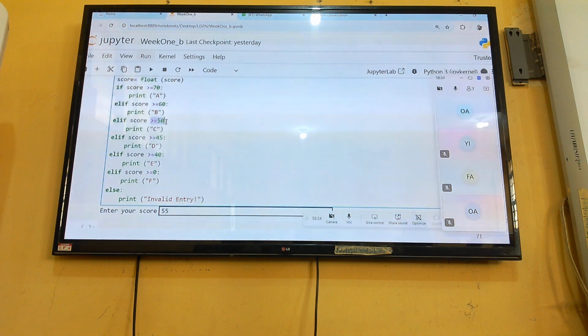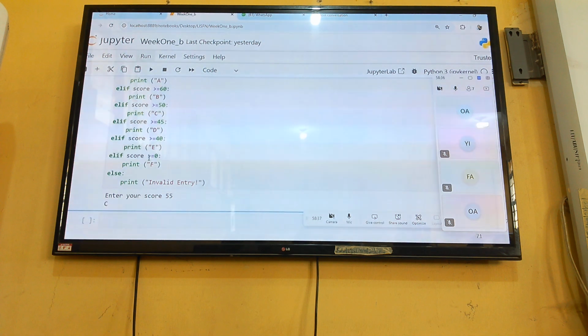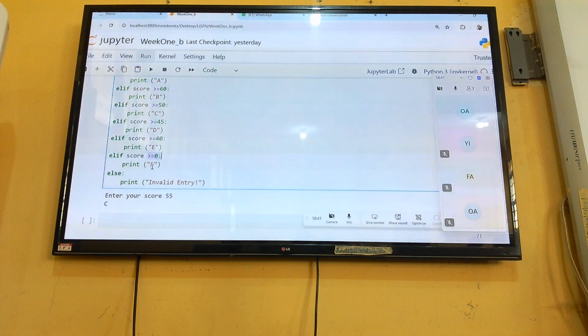So it has to be greater than. But if I run this, it will give me C, isn't it? It will give me C, even though here it says if the score is more than 0, isn't it? And 55 is more than 0. So the thing is,